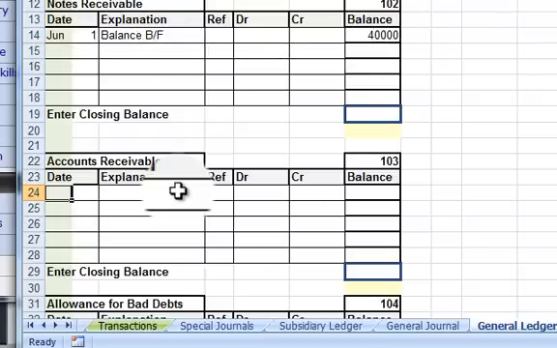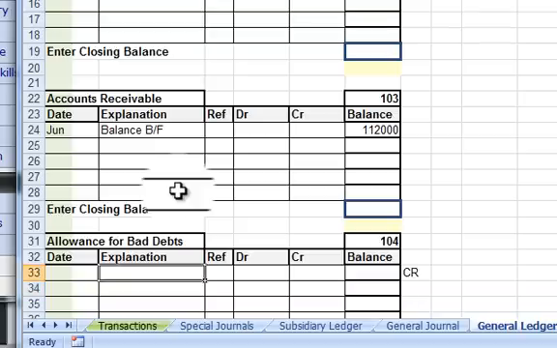Now let's go down to opening balance for accounts receivable. And so again, June 1, balance brought forward is 112,000. Now I will do allowance for bad debts. June 1, balance brought forward,